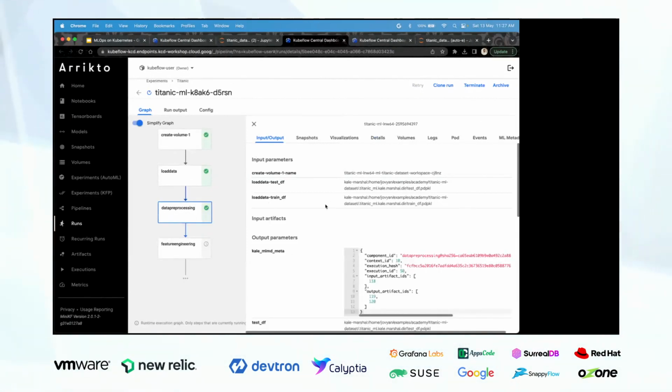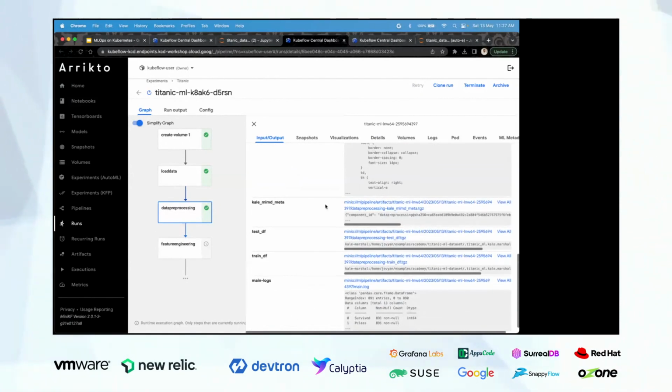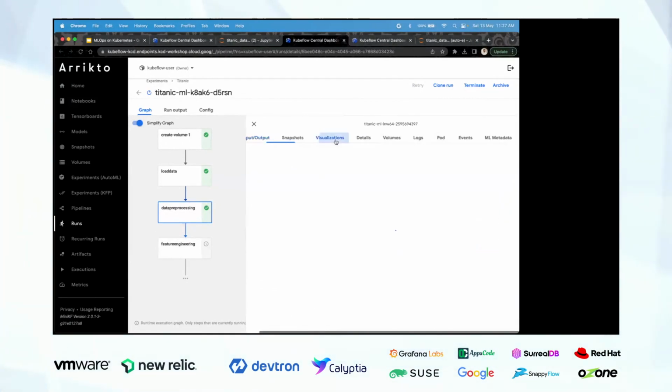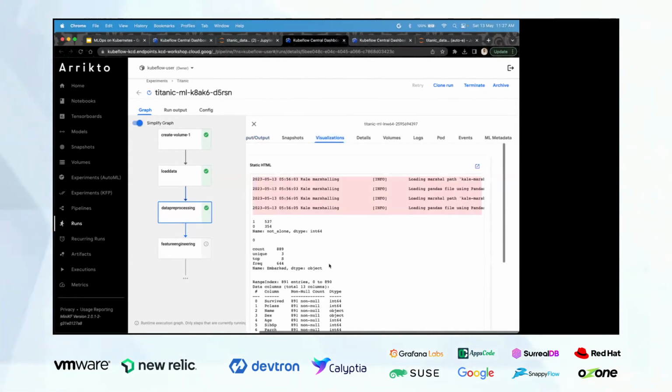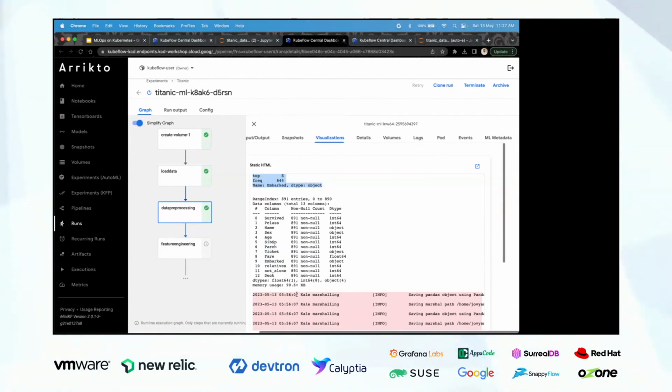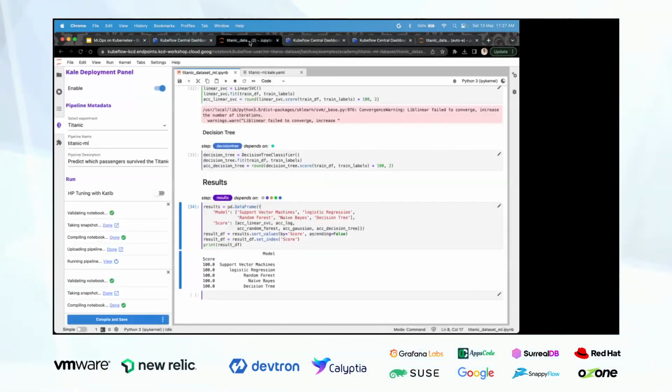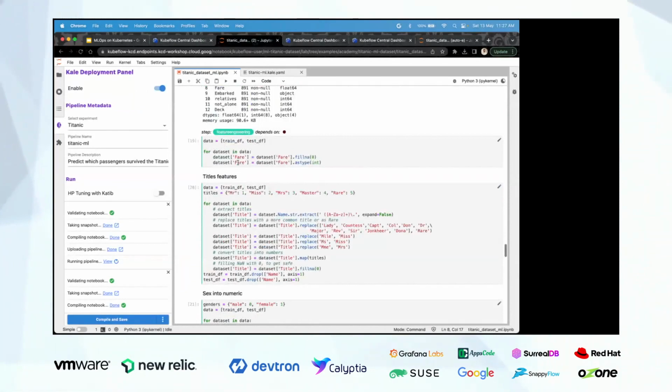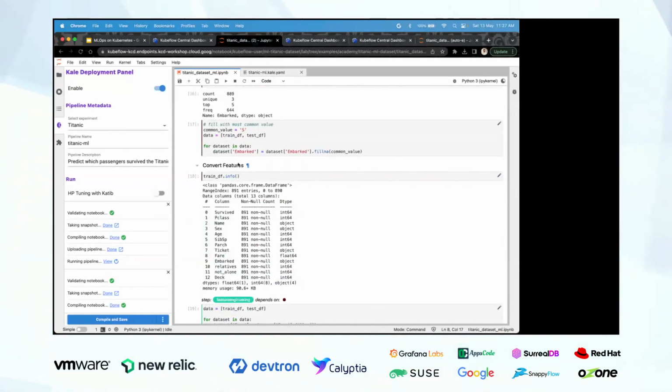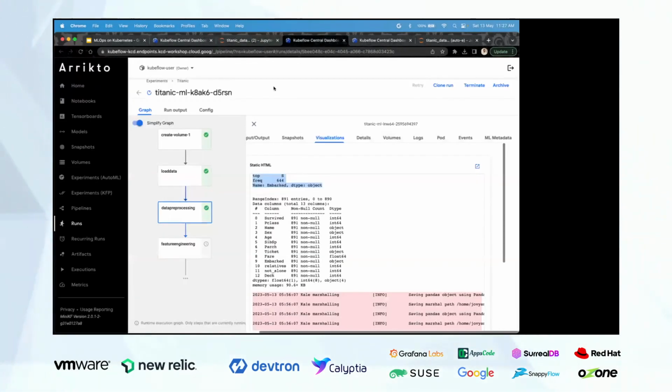So you see data pre-processing is also done. As you can see over here, we can see the logs as well. Whatever is printed over here, that is what we can see directly over there as well.